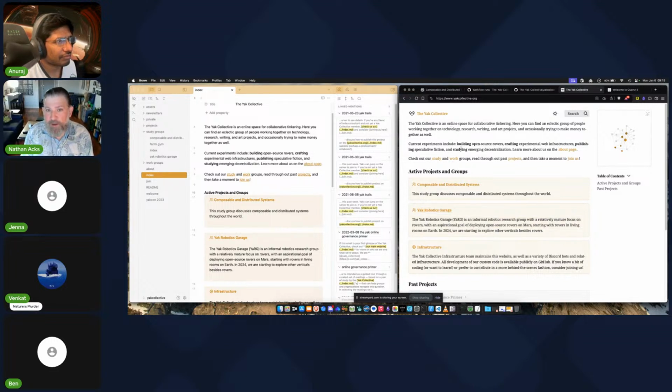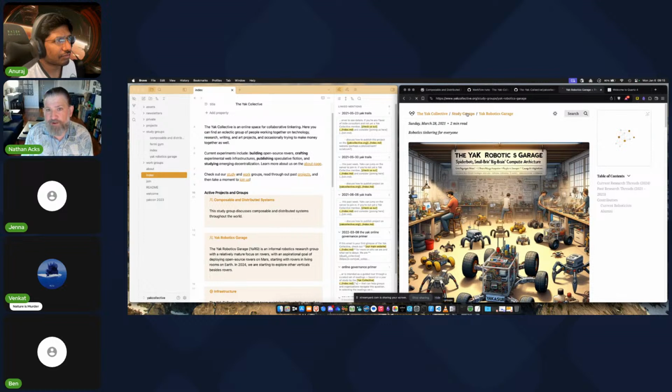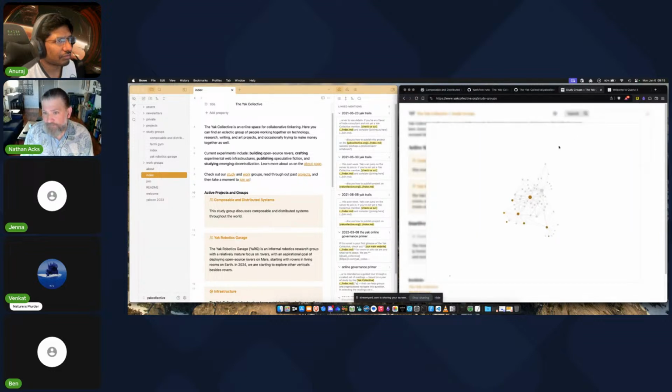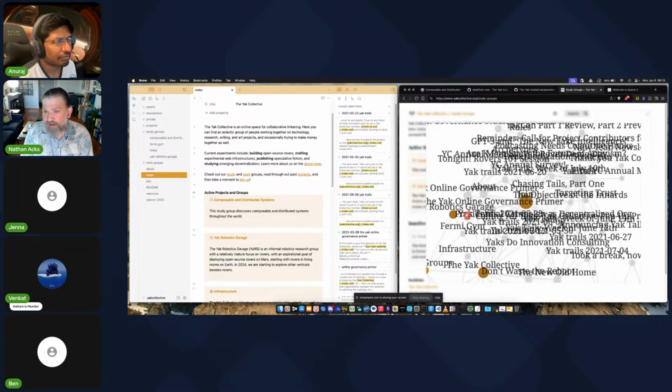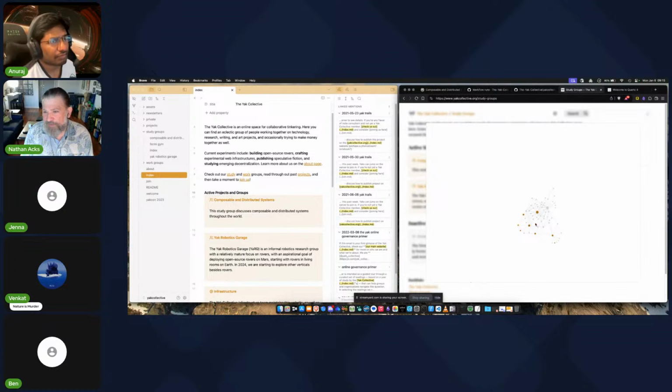The site itself is much, much faster. So you'll notice, so we're here. I can go over, take a look at the YakCollective garage, just loads up. If I want to go back, look at the study groups list, this is all we have defined right now. There's a nice little graph here that you can kind of zoom into. It's a little bit messy here with all of the titles. Looks a lot better when you're sort of zoomed out, but you can see the connections as you hover over them. It tells you what the pages are. So you can see how things are connected on the website.